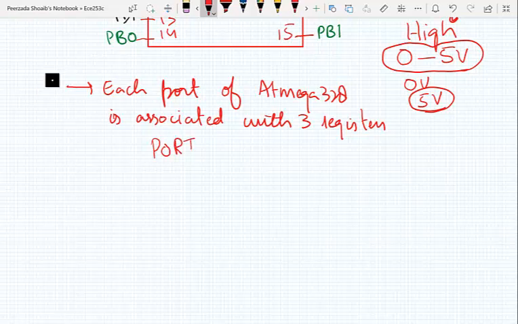We have got port X. We also have got data direction register X. We also have got pin X. This X may be the ports, port B, port C, or port D. For example,